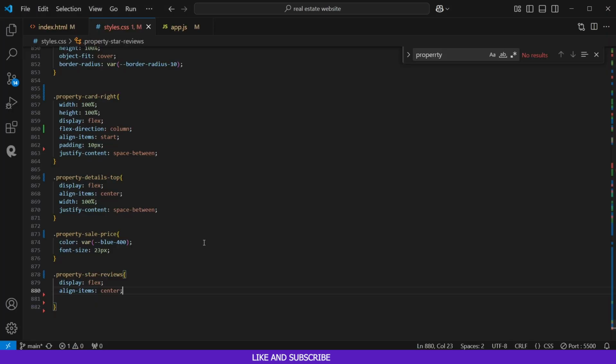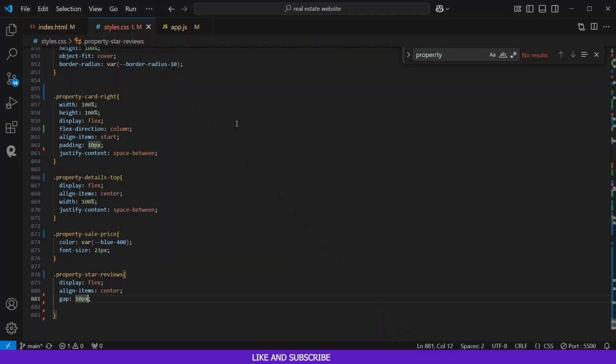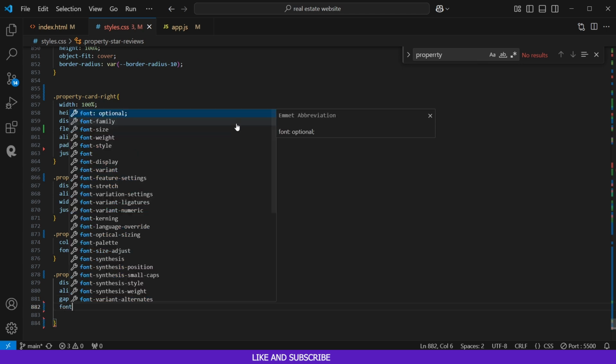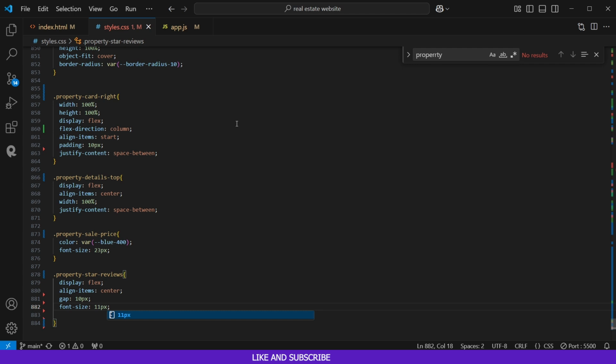And if we add a gap here, it's going to put some space in between them. That is just what we want. And after that, we're going to add a font size, and our font size here is going to be 11px. Then next, we're going to add,